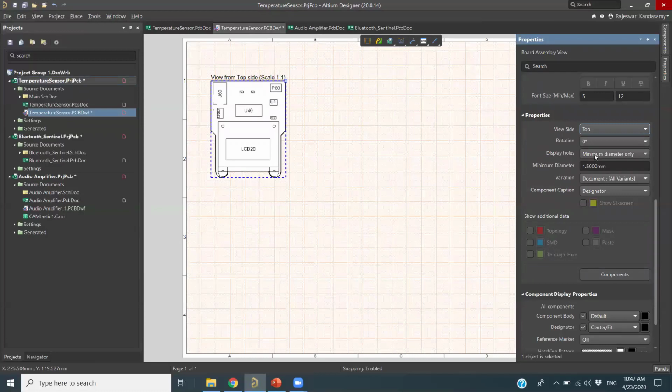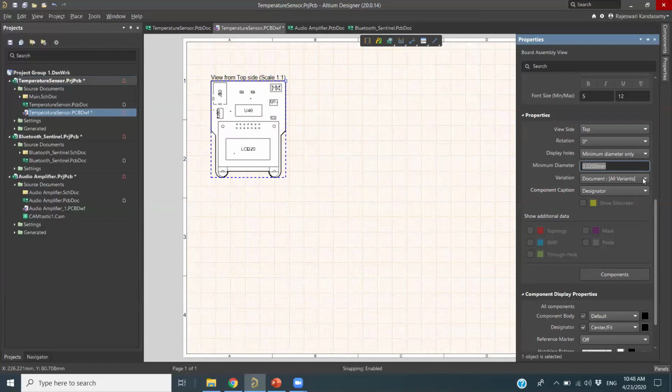For display holes, I want to choose the minimum diameter option. There are other options also, like all pads only, or minimum diameter only. I want to change this diameter size to 0.02 mm. When I press enter, you will be able to see the holes here with a size of 0.02 mm.